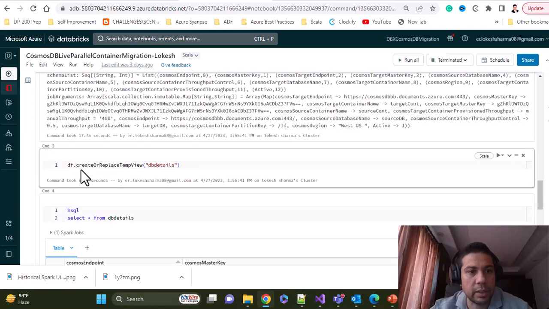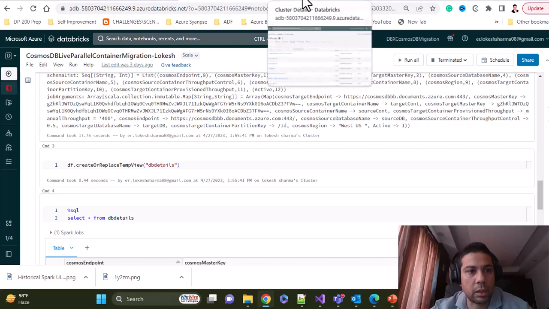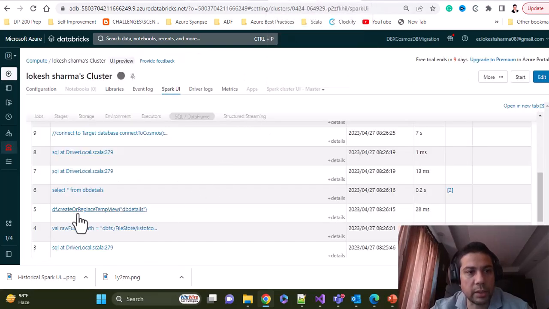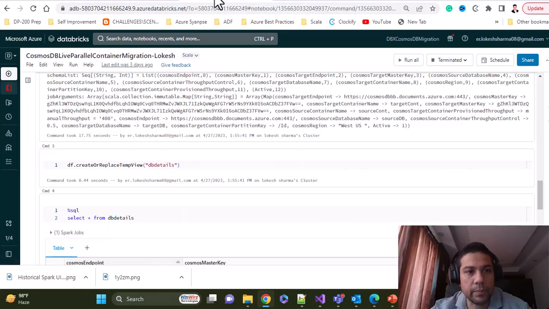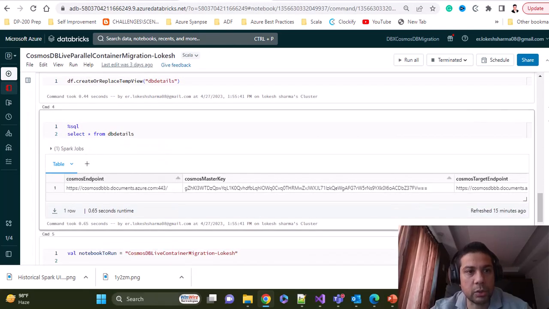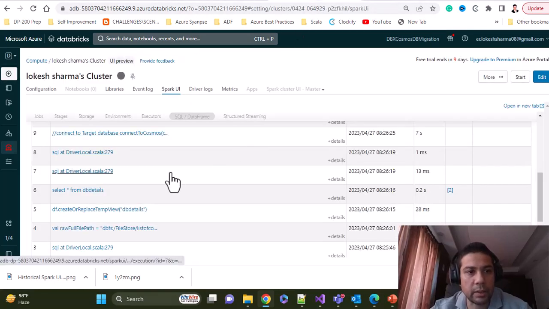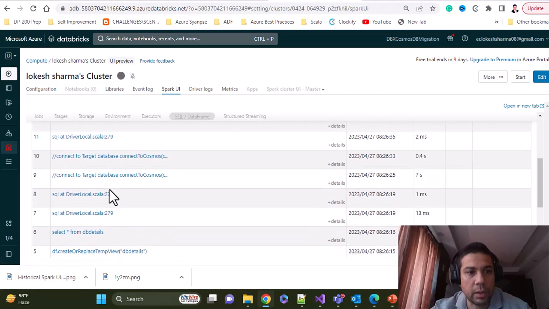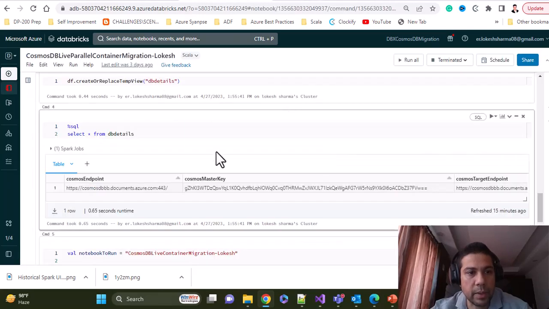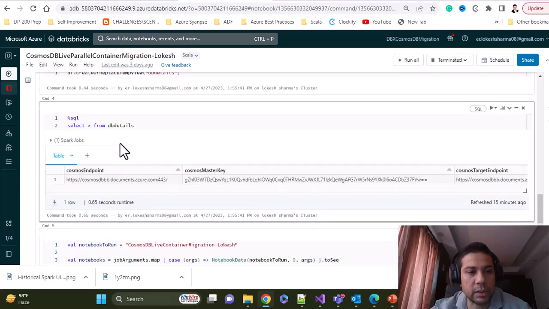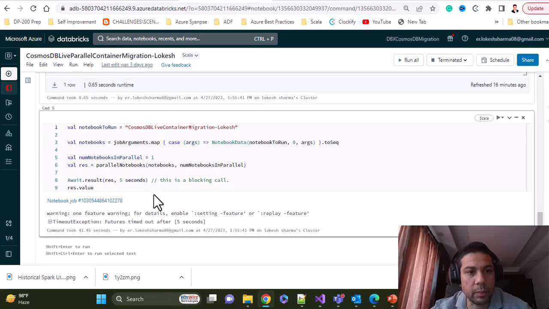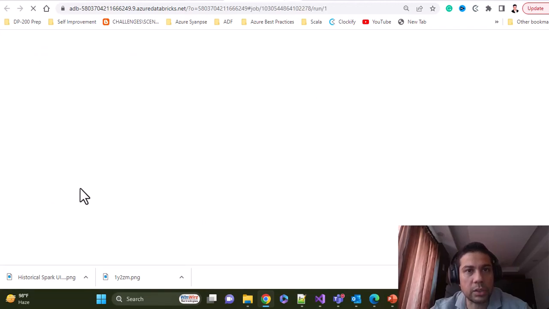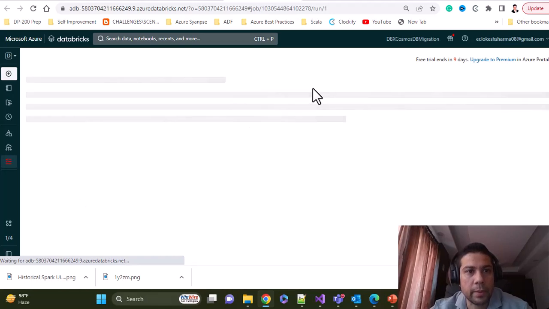This command is actually responsible for creating a temp view, which will be used for SQL API, and that's why you see it here. Then you have a SQL query. Just beneath that, you are able to see a SQL query. Again, SQL API is involved, and that's why you are able to see here. And then again, you have a couple of SQL APIs. So here, after this one, we don't see any data frame or SQL API. It straight away takes us to this child notebook. So let's go into the child notebook,